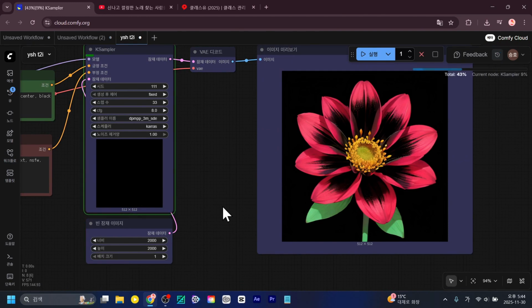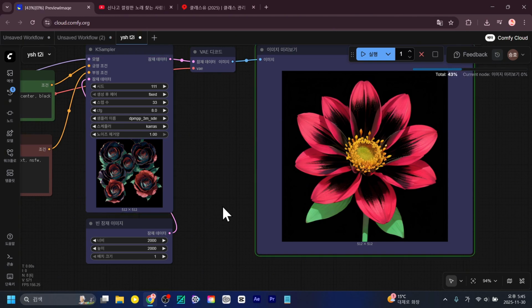If the blank latent image is 2000 by 2000, how will the image be generated? Let's take a look. You can tell right away that something suspicious is coming up, right? What on earth is that supposed to be? You can't really tell if it's a rose or something else, can you? A latent image refers to the ratio in size. For example, let's say I need it to be 2000 pixels, because our company needs to work with 2000 pixels. But when I generate it at 2000 pixels, the result comes out completely different from what I put in the prompt. Why is that? Why do you think that happens?